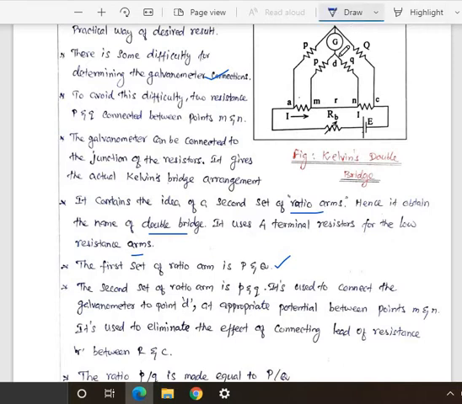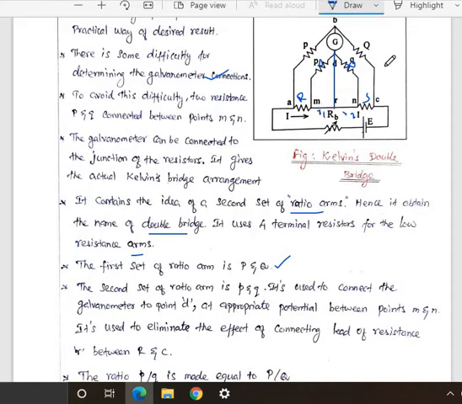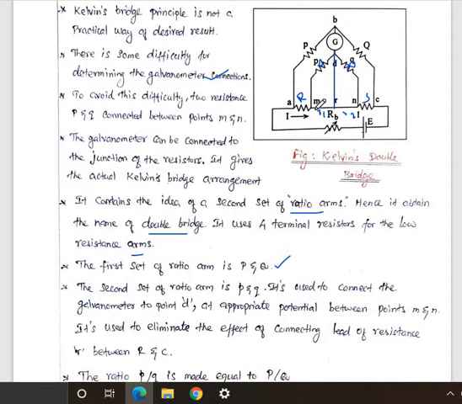In the normal Kelvin bridge, this arrangement is not available. P and Q are not available, and the galvanometer is directly connected here. This is the unknown resistance. This is a standard resistance, and it should be connected across here. The total resistance value is R, which is divided by R1 plus R2. So our actual resistance value R would be added with R1, and we cannot get the exact value. Some additional resistance will be added into the circuit due to the resistive lead. That is the major reason. So in the Kelvin double bridge, that arrangement will be eliminated.